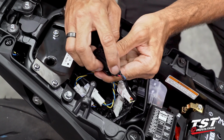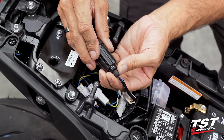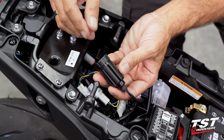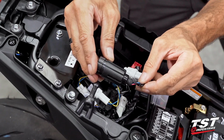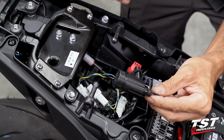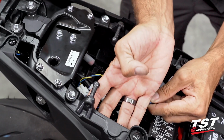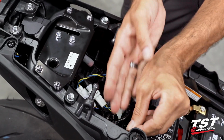We do have a protective sealing grommet here for the wiring, but just to be sure nothing enters the capsule, I like to point it either horizontal at least, but down is even better. Lucky for us, underneath this frame spar here is a really nice cavity where we could